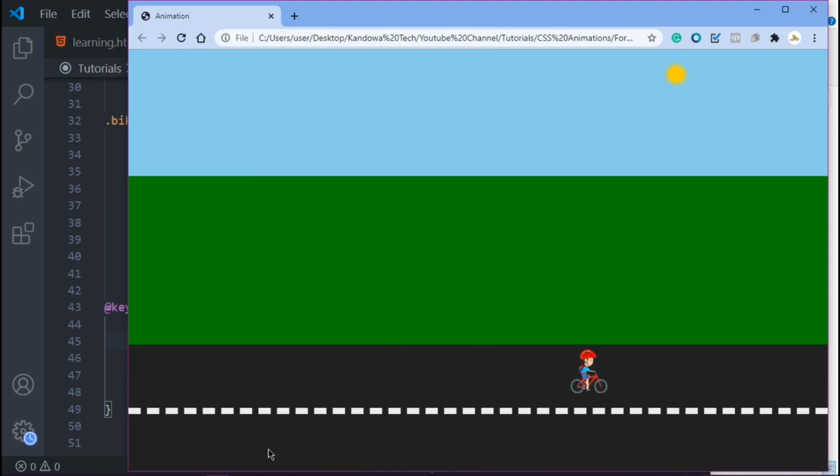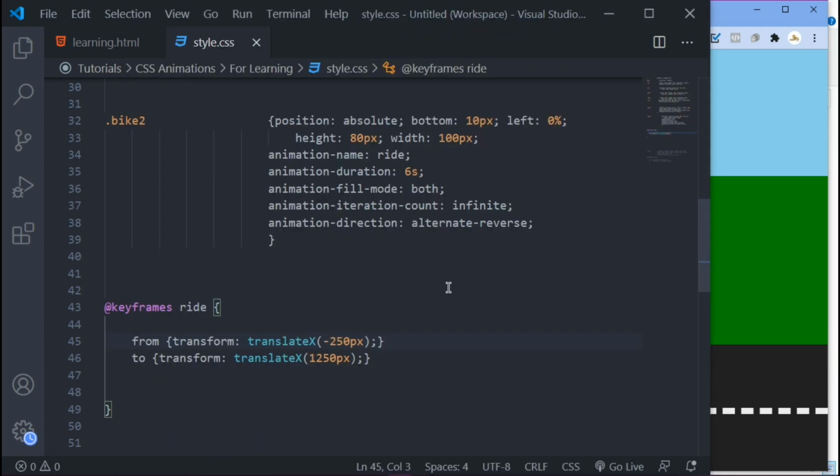Just refresh that. As you can see, it's going backwards and then forward. So that's what alternate reverse does. It's coming from 1250 to negative 250. So it's coming from backwards to forward. So yeah, that's how you can set the direction of your animation.